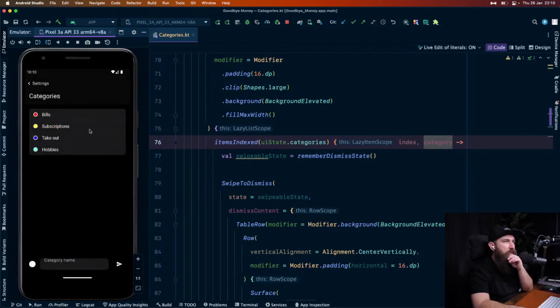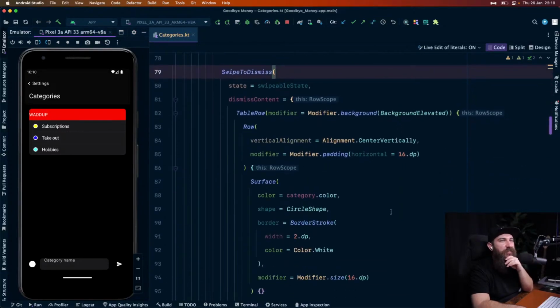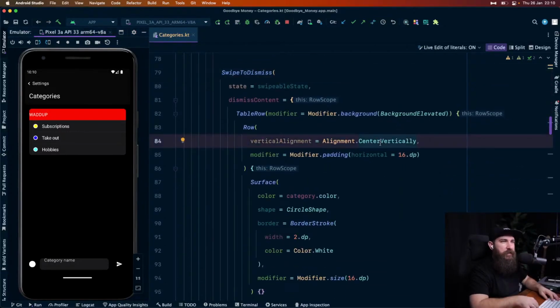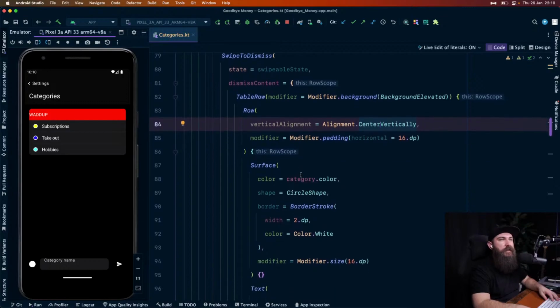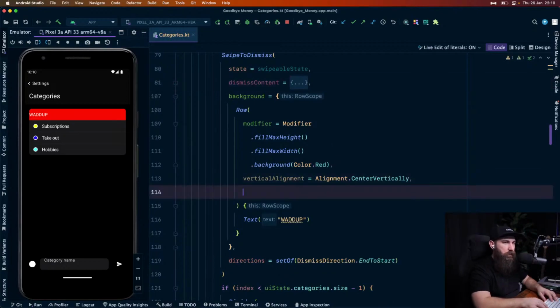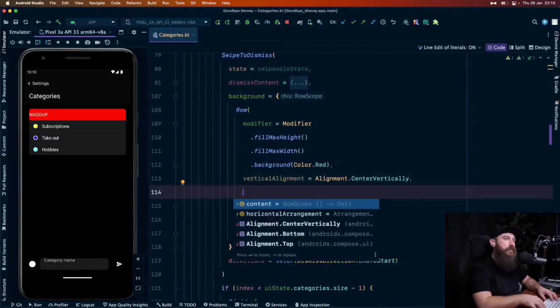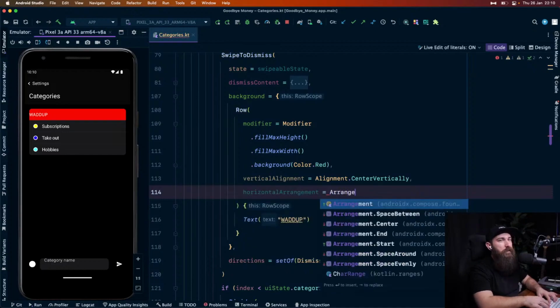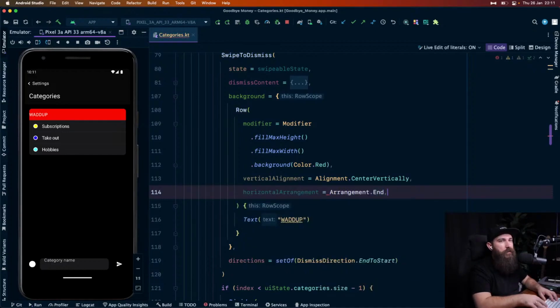All right, but let's see if we got the swipe right. Boom, there we go. You see that? This is still, damn it. All right. Oh, okay, vertical. Damn it. All right, I got it. This is the dismiss, not this one. Here we go. Vertical alignment. We should do horizontal arrangement, and that should be the end, so we can see the "what up"